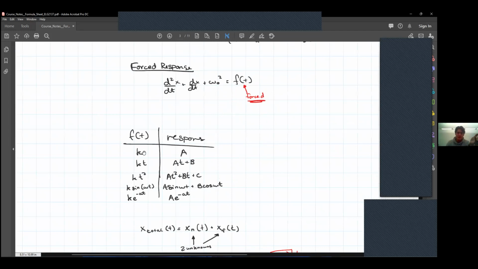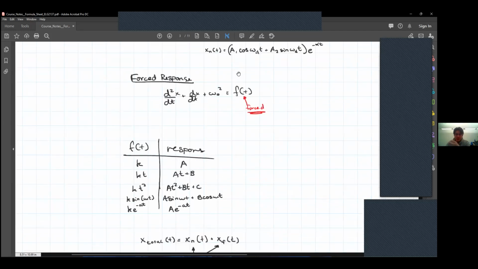Like if you just have a constant, then you just have a constant response of a different value. If you have a linear value, then you have a linear function. These are all general responses, by the way. So constant goes to constant, linear goes to linear, quadratic or second order goes to quadratic form. A sine has a sine and a cosine component, and then exponent stays exponent. So these are pretty easy to remember if you're not given. But anyways,